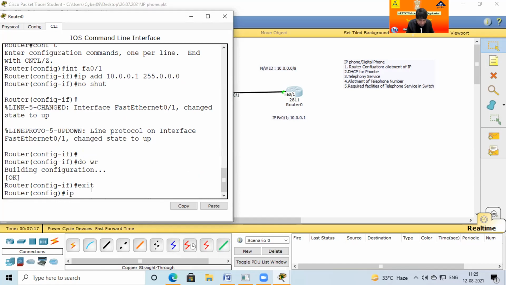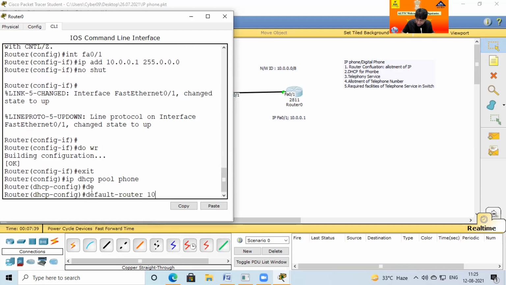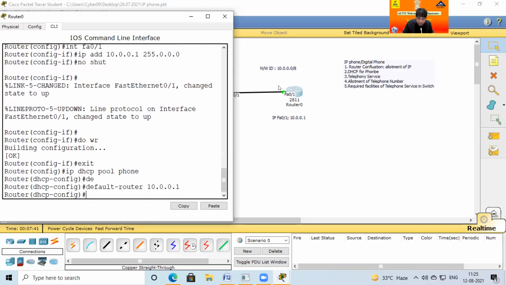So just find IP DSCP pool. Router, you also work for the DSCP pool. For what? Phone. Router, okay, I am ready for DSCP services. Now please give the gateway and network ID. For the gateway default, I use the tab button to complete the command, 10.0.0.1. This is the gateway because this port IP is 10.0.0.1. And which network? Network 10.0.0.0